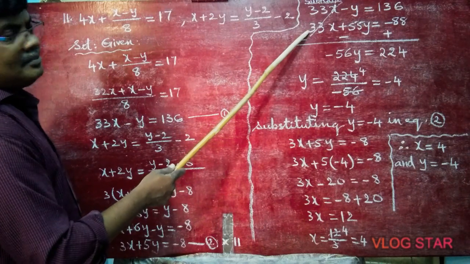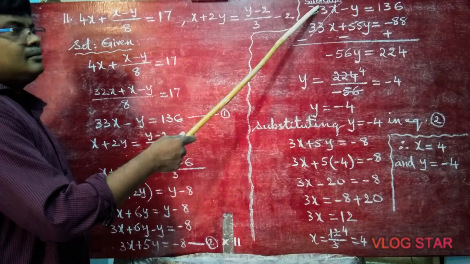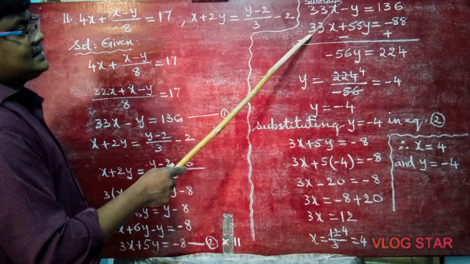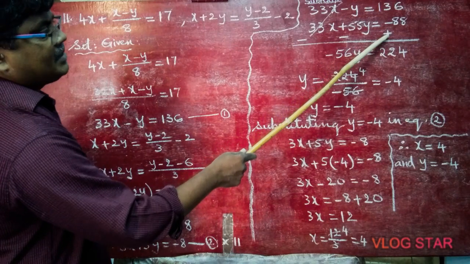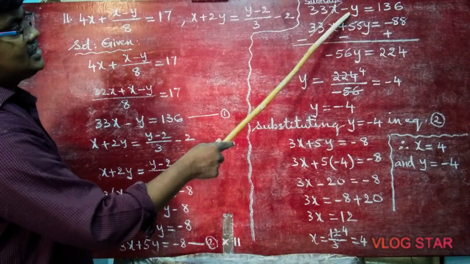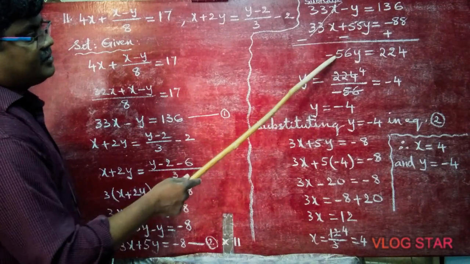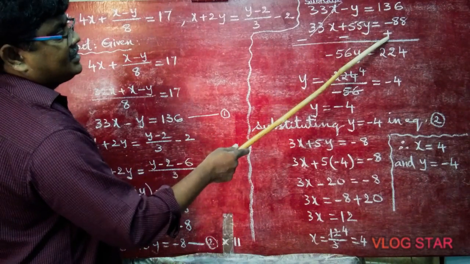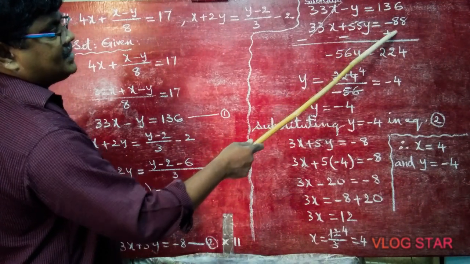Now the signs are the same. When the signs are the same, we are going to subtract. By this time you have become an expert. Plus, and the second equation's signs change. Plus becomes minus, plus becomes minus, minus becomes plus. Now both get cancelled, plus and minus. Minus y minus 55y is minus 56y. Same signs: we are going to add and write the same sign. Here also plus and here also plus. We are going to add and write the same sign. 136 plus 88 is